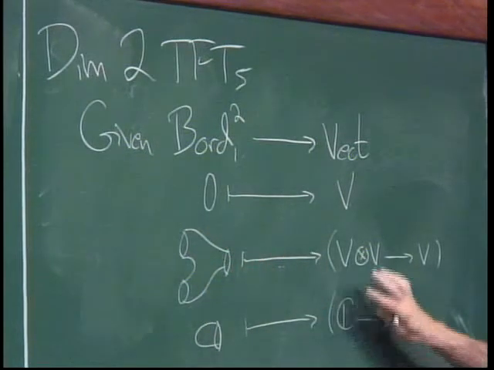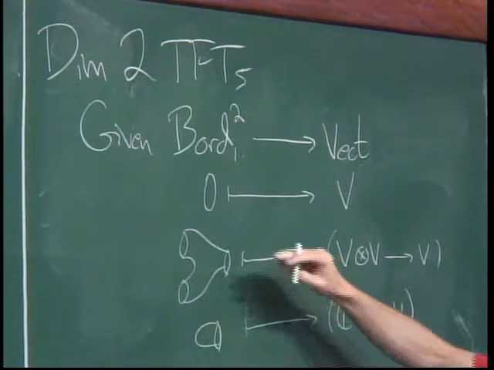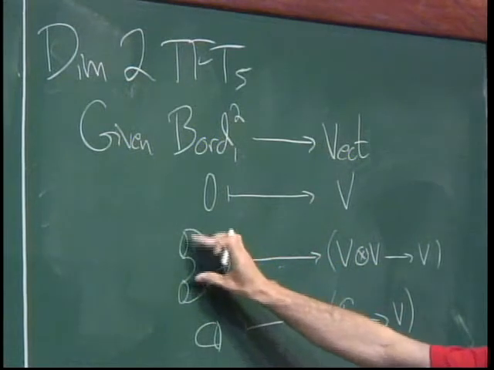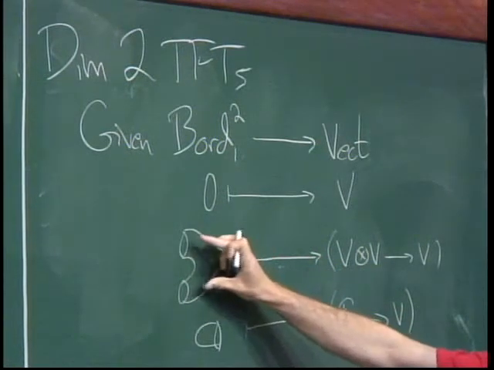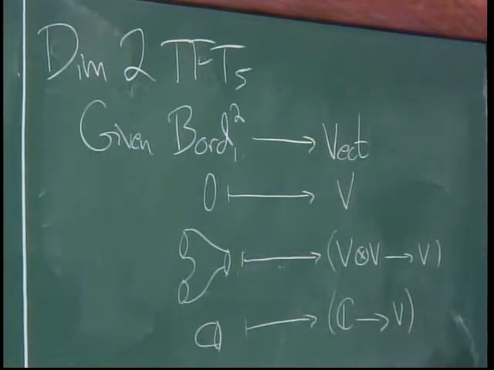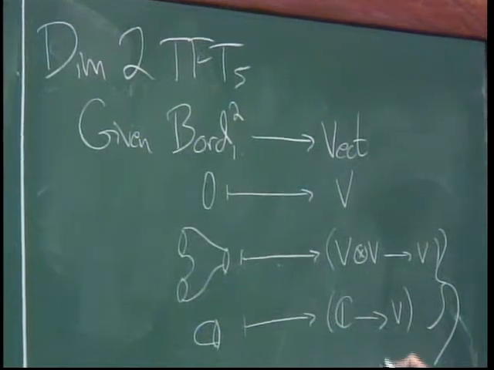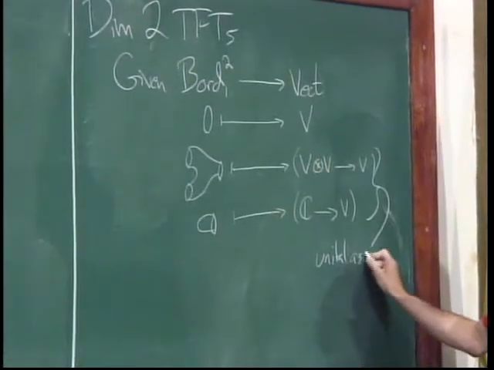And so that tells us that in the target, this map is actually functioning as a unit for this product structure on V. And similarly, if I took 3 circles, I could glue them together and then glue in the third one, or do it the other way around, and those two manifolds are diffeomorphic. And so altogether, these structures form a unital associative